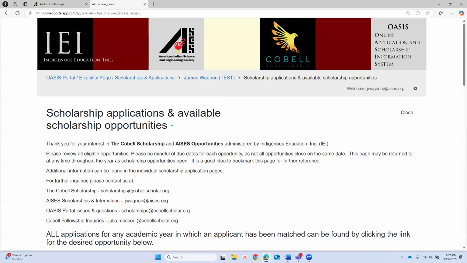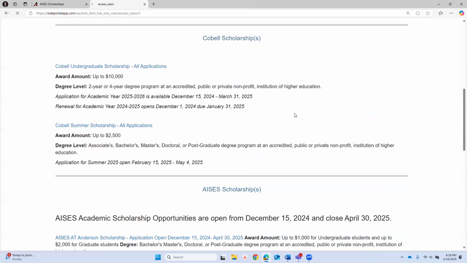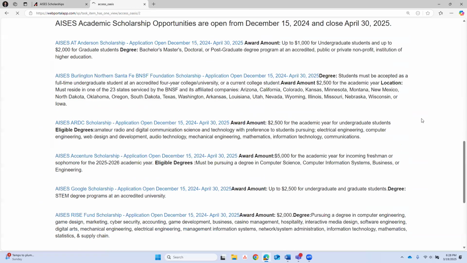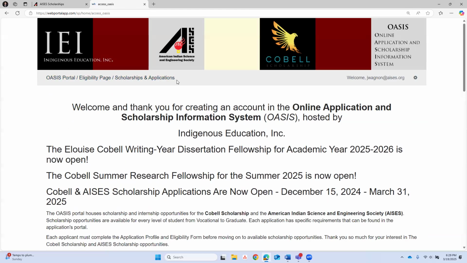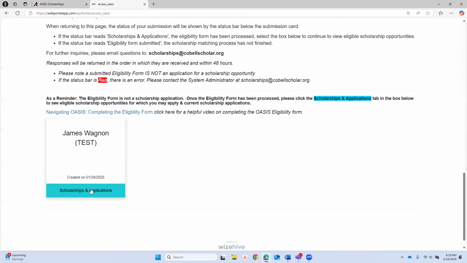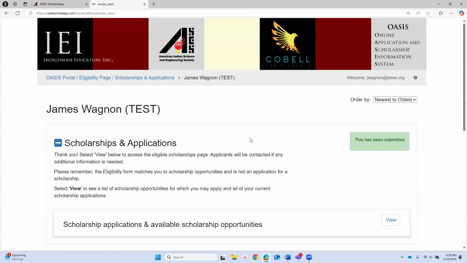I was wondering about the space that said additional comments. What would be something that would go there? Great question. Yes. So last week we made the point that your application is going to be looked at holistically. When you first fill out that eligibility, that major and GPA is really what is going to be linked. But let's say you have a GPA that might be lower than, quote unquote, the standard. That additional comment space that you're referring to, Carol, would be a great place to explain to the reviewers,